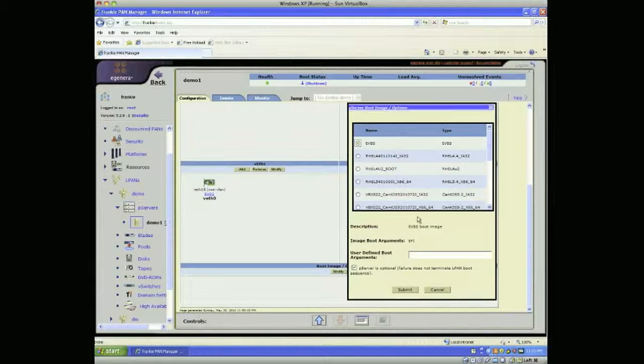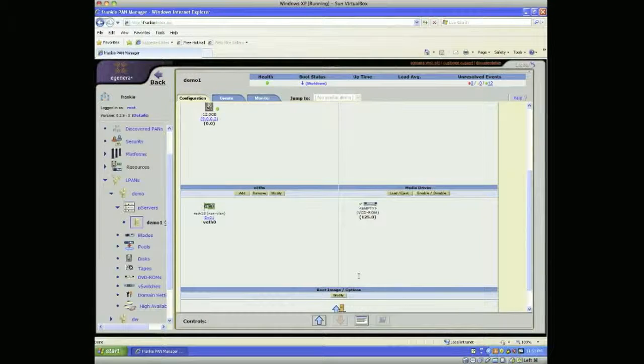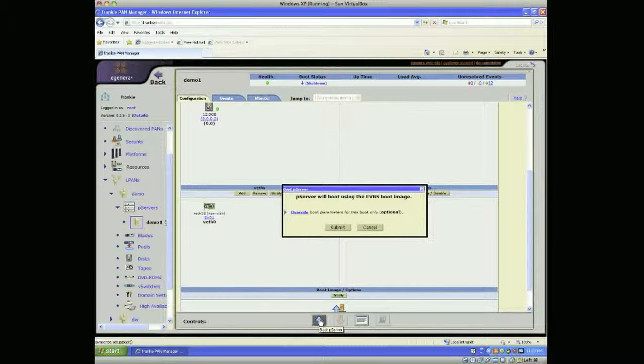Next I'll just set it to use the default boot image, which is the Egenera virtual boot service. So there, with a couple of clicks we've now created a server. So if I click boot, the system will now start to boot, and that's it. Very simple. So what I'll do while that system's booting is I'll just quickly